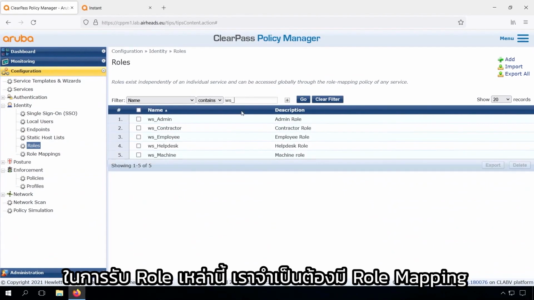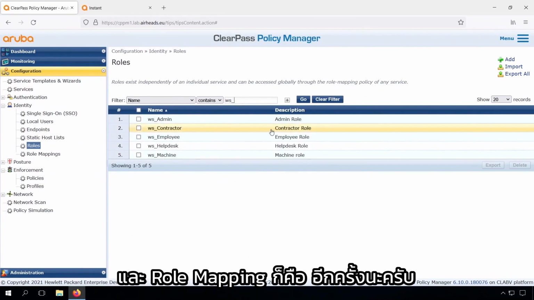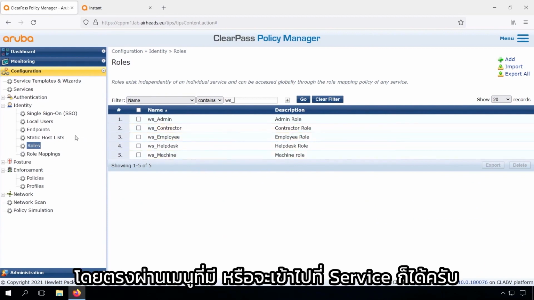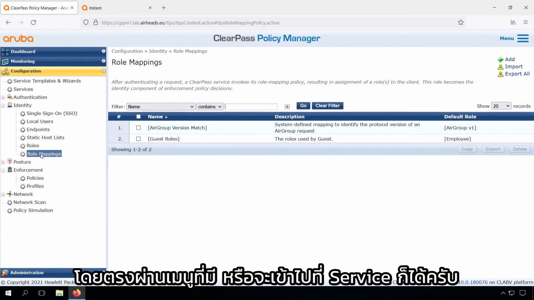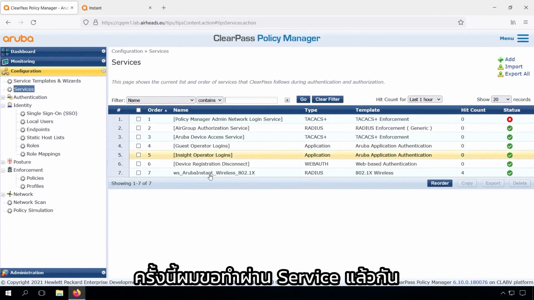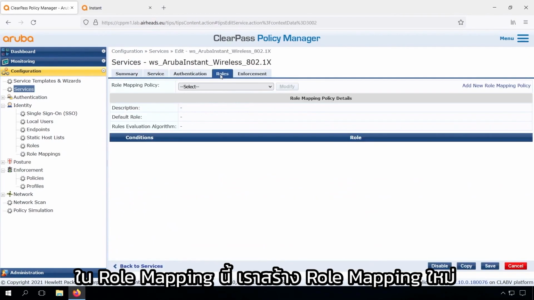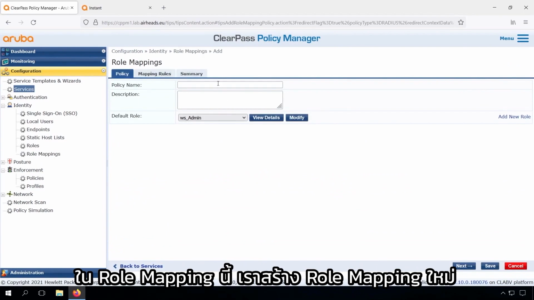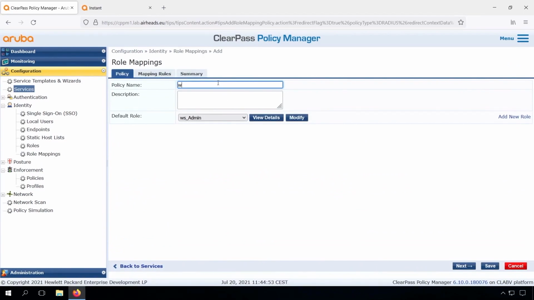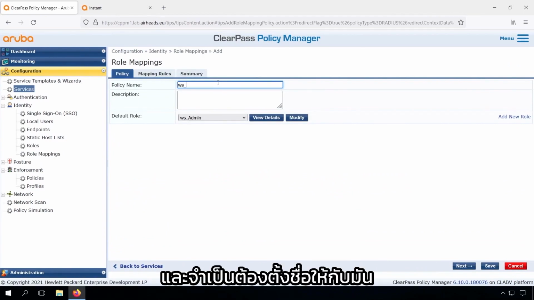And in order to get these roles applied, we need to have a role mapping. And the role mapping is again either directly through the menu available, or you can go into the service, and I prefer to go through the service. So here in the role mapping, we create a new role mapping, and there we need to give it a